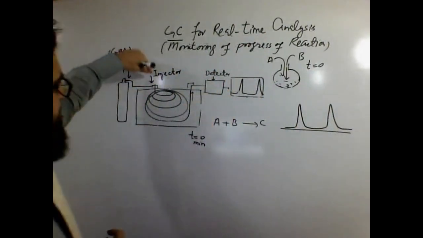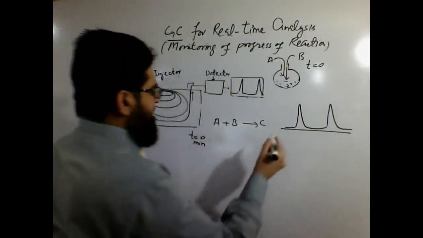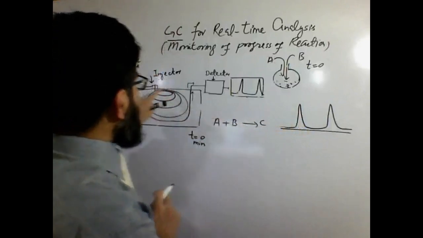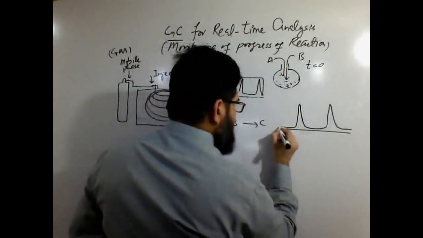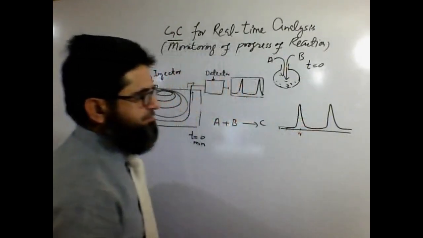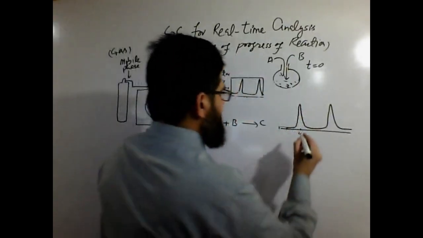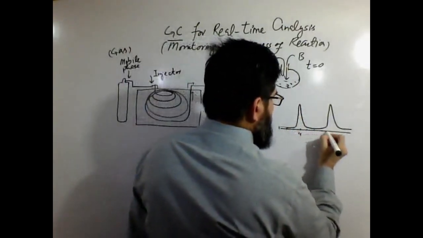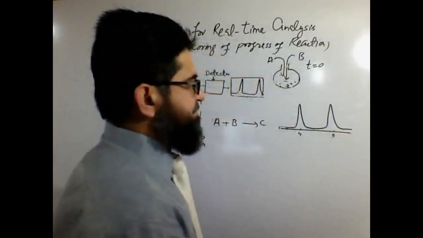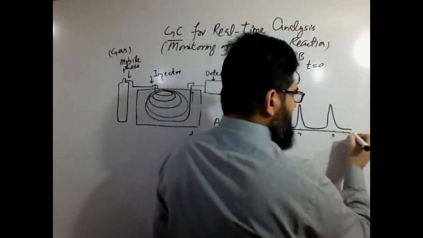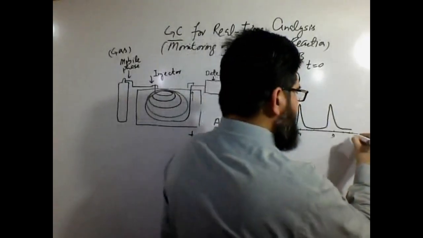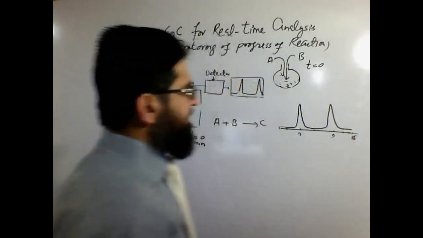As soon as the sample was injected into the GC, we started to note the running time of the GC. After 1, let's say 2, 3, 4 minutes, peak number 1 appears. Then 5, 6, 7, 8, let's say at 9 minutes peak number 2 appears. Then 10, 11, 12, and we let it run till 15 minutes. So the analysis time is 15 minutes.